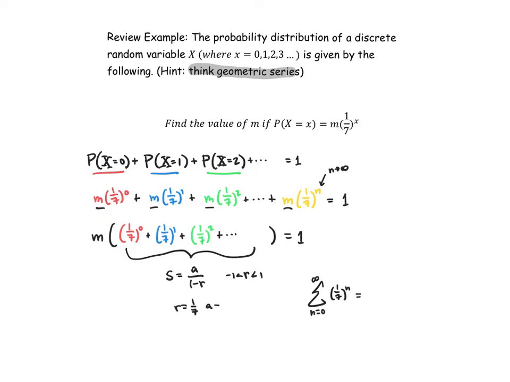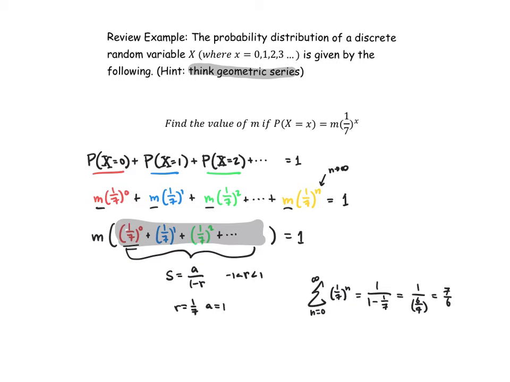I just have to identify what a equals. So a would equal the first term. When I isolate that first term, a ends up equaling 1. Therefore, this sum would be equal to 1 over 1 minus 1/7, which is the same as 1 over 6/7, which would be equal to 7/6. So this summation right here